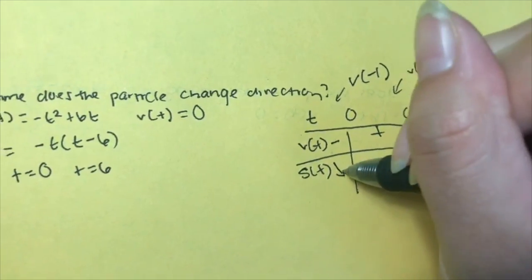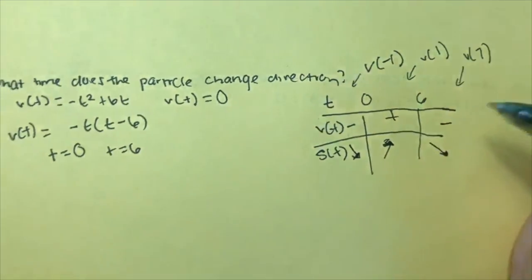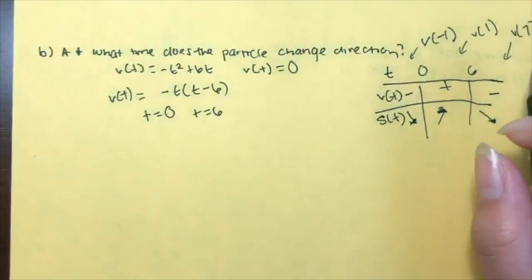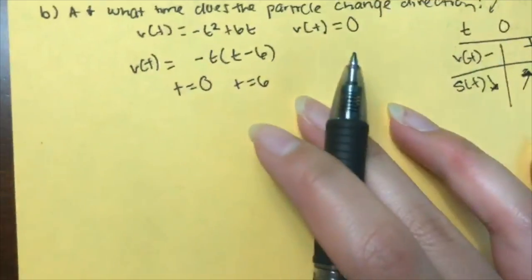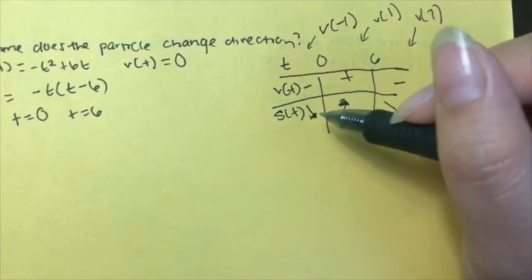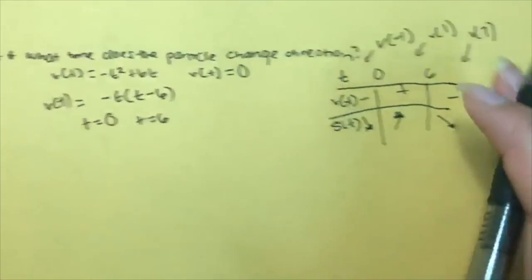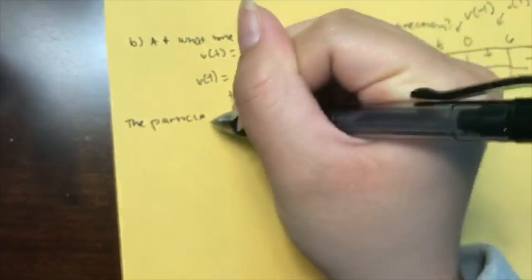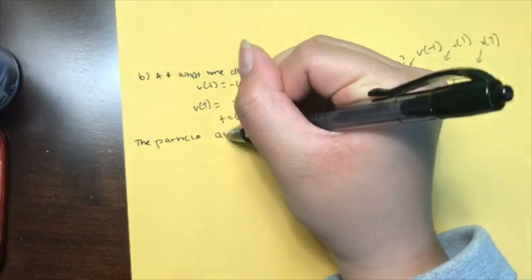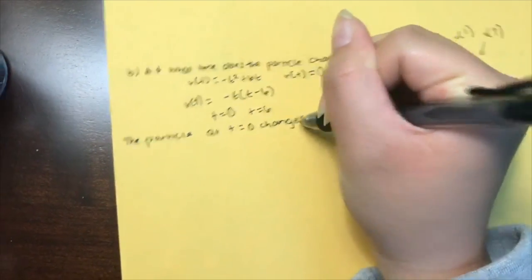So down here it would look like this. And when you get that, that's good. So then you turn to your justification, and you see here that it changes because the signs change. So it goes negative, positive, positive, negative. And so there's two answers to this, and you start by saying the particle at t equals 0 changes direction